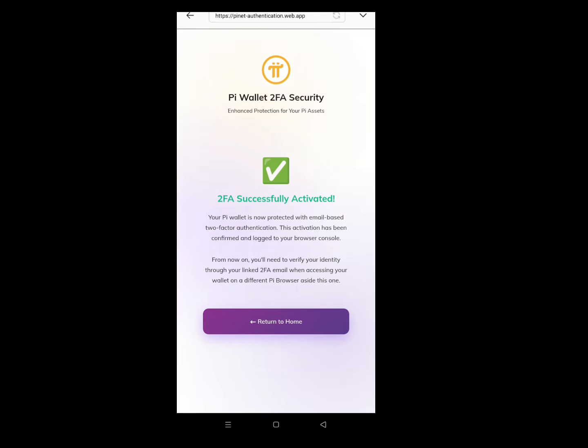So if you're a pioneer out there with an active mainnet wallet, you are anticipating your second migration to come, or you have an active mainnet wallet that has received your second migration, but you want to secure your assets so that your wallet will not be compromised and tampered with or anybody stealing from you, you need to activate this two-factor authentication on your Pi wallet, following the steps the same way